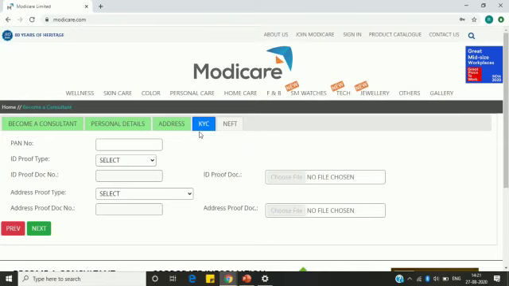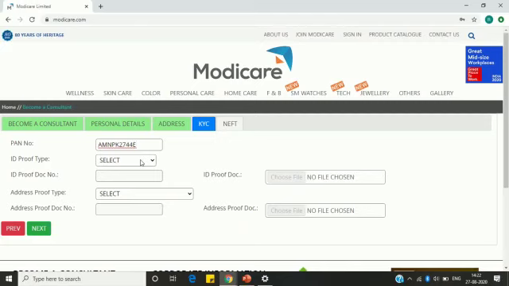So this is the fourth page wherein you have to enter all the details and upload the documents. This is called KYC documents, Know Your Customer. First one is the PAN number. So enter the PAN number. Once you do that, the second option is ID proof type.